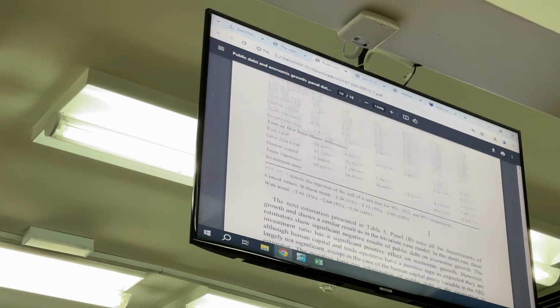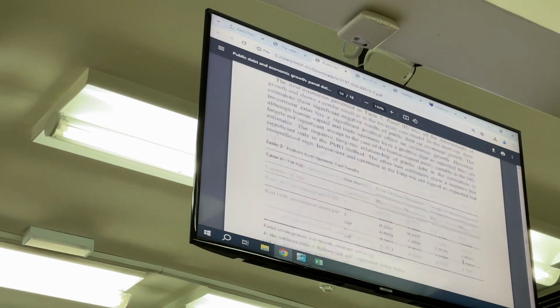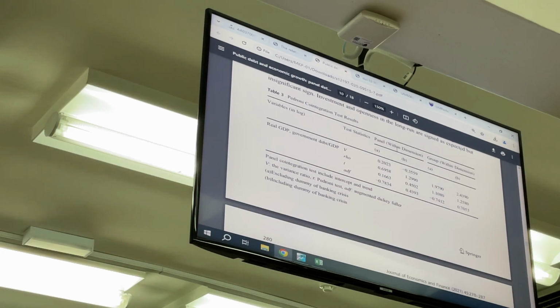And then the result, you can see how they report the result with the panel unit root test with this IPS, LLC, and CIPS. We cover all the tests here already, right? We cover all the tests and then the model with the constant and then the model with the constant and trend, right? And then for all the variables, also tested in the first difference and also in the level and first difference. So this is how they summarize the result. Then for the panel cointegration test, yeah, we hint also I think it's within and between. This is between and then we hint